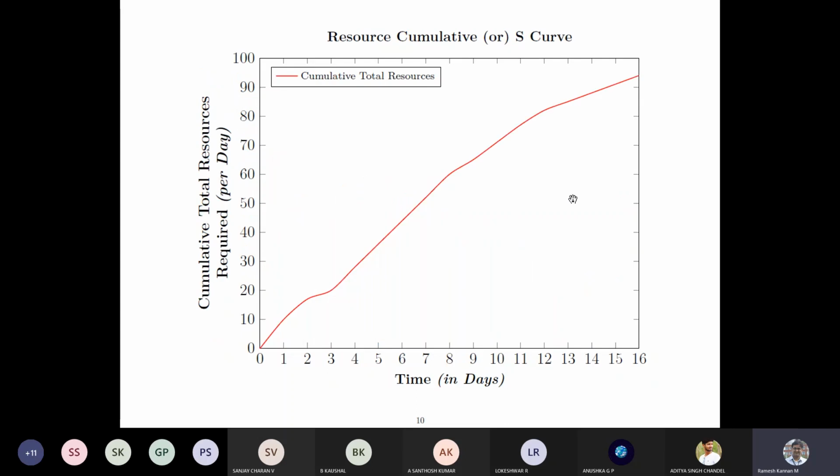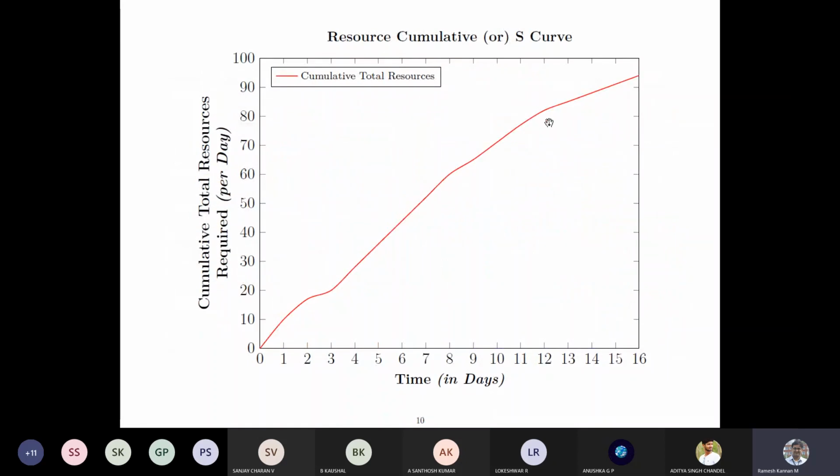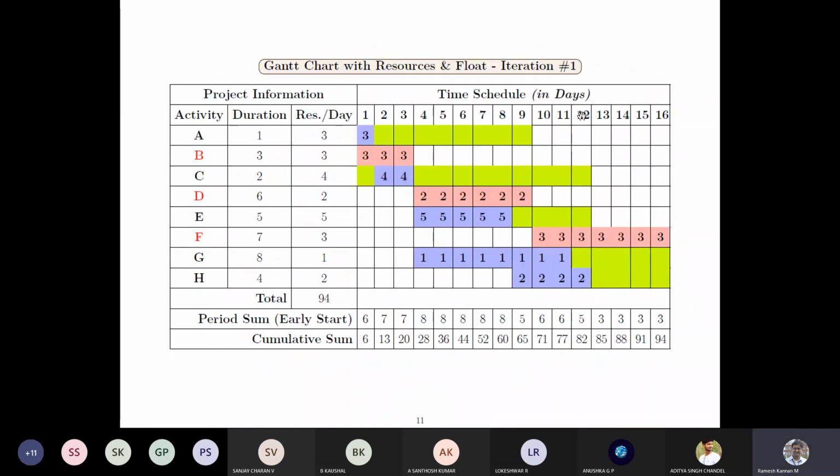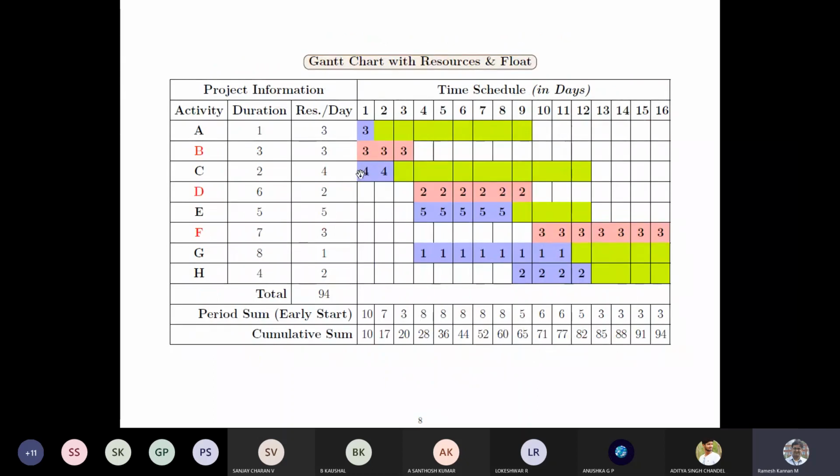Say the first thing is, and this is a cumulative resource profile, so using this you can see how it gets used cumulatively. What we can do is manipulate such that these resources are used optimally. Say in this case, this is iteration number 1. In the before iteration, we have got this 4 and 4 here.